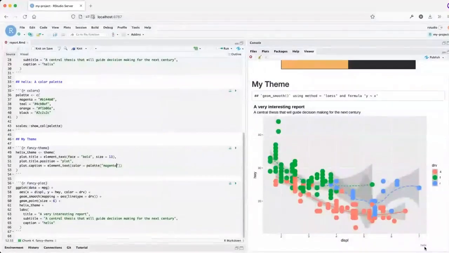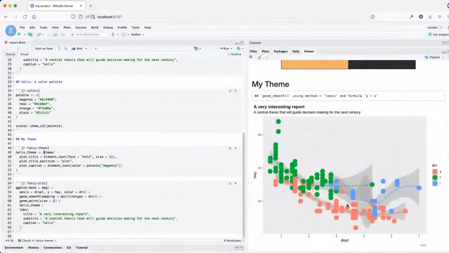And you can see the helix is in that magenta color. Okay, so at this point, you can definitely go very far down the rabbit hole of tweaking ggplots. I have been known to spend days tweaking a single ggplot. So at some point, this is a basic example for us, but in real life, this is usually a much more complicated example.